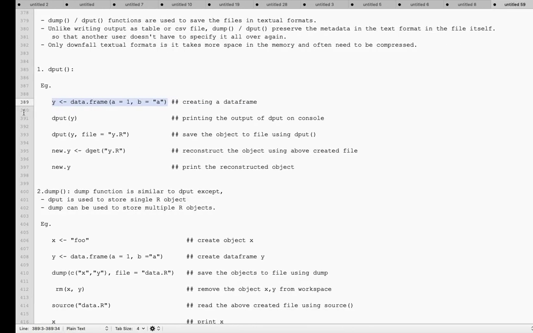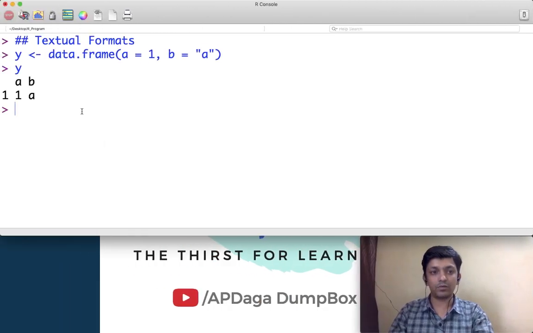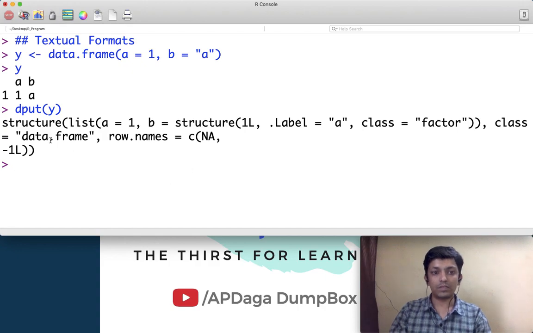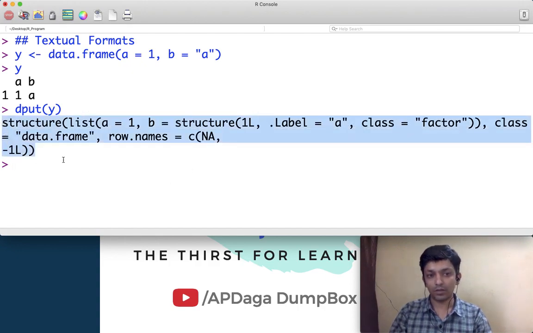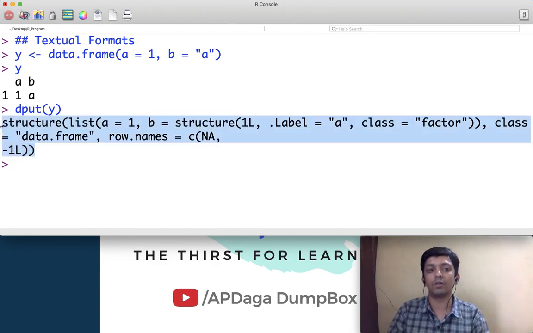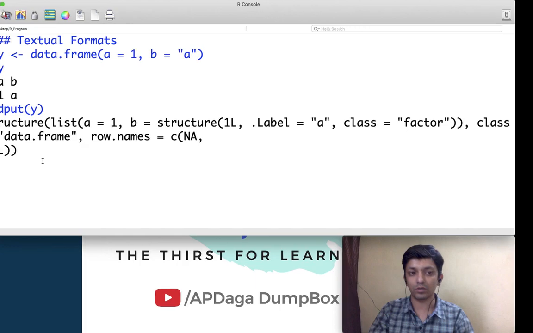So now I'll run dput y. Okay, so this is the format. Right now I'm not saving it, it just printed how the file will be. It is like some metadata structure, list of a equal to 1, b equal to structure of this, like all the data metadata is present over there.